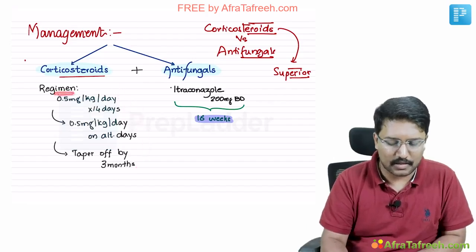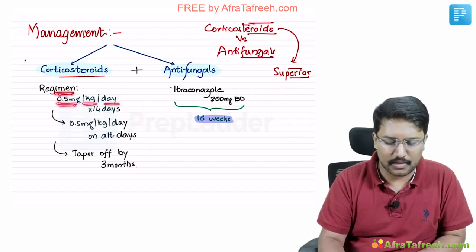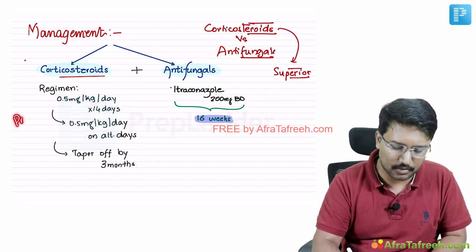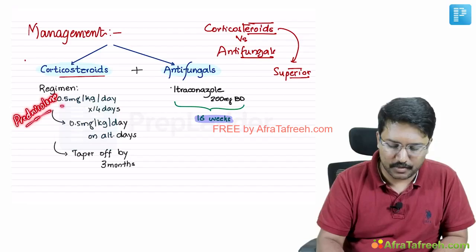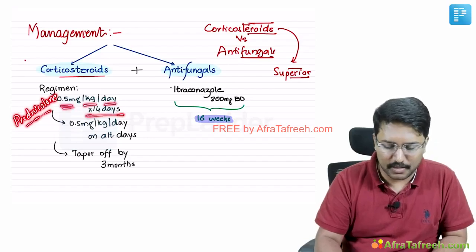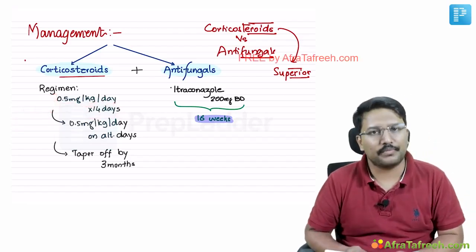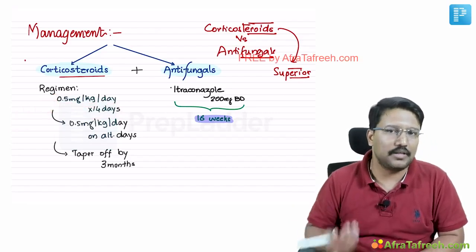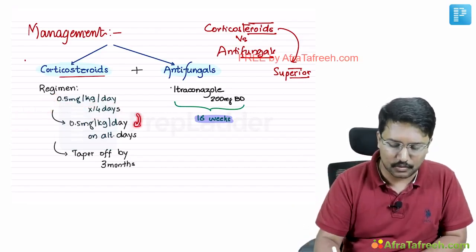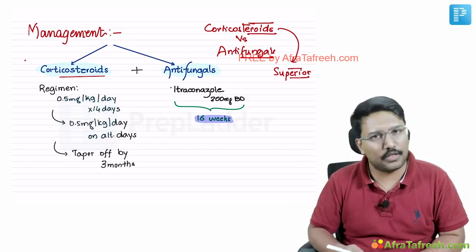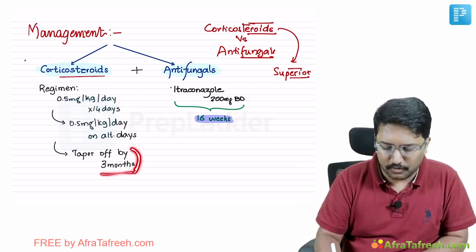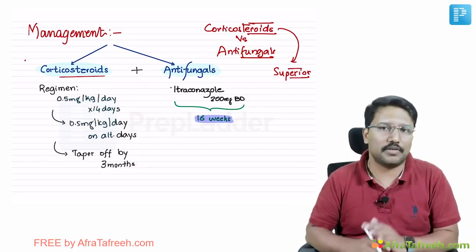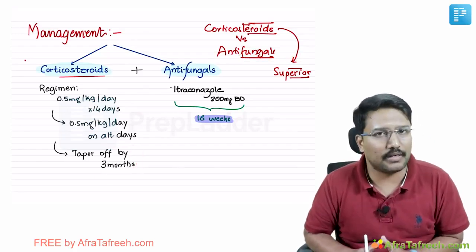In this regimen, you will start with around 0.5 milligrams per kg per day of oral corticosteroid. We are basically talking about prednisolone or its equivalent, 0.5 milligrams per kg per day, and we give that for around 14 days or 2 weeks. After that, you start tapering, right? The initial tapering is conversion of the same dose into an alternate day regimen. Then subsequently you taper it off. You are trying to completely taper it off by the end of 3 months. At the end of 3 months, the steroid therapy should be completely stopped.